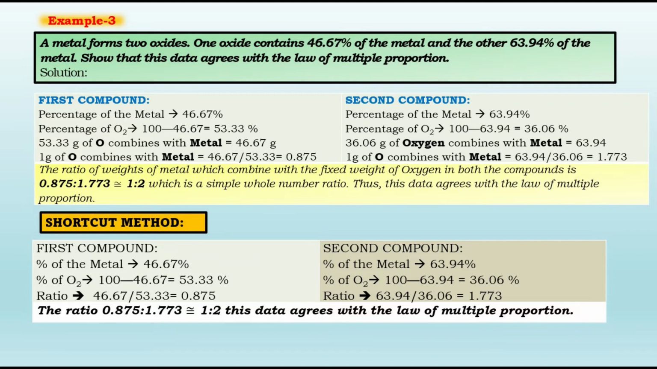In the second compound, percentage of metal is equal to 63.94 percentage. Percentage of oxygen is equal to 100 minus 63.94, that is equal to 36.06 percentage. So ratio is equal to 63.94 divided by 36.06, that is equal to 1.773. Since the ratio 0.875 is to 1.773 is approximately equal to 1 is to 2, this data agrees with the law of multiple